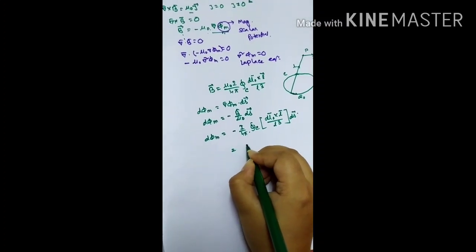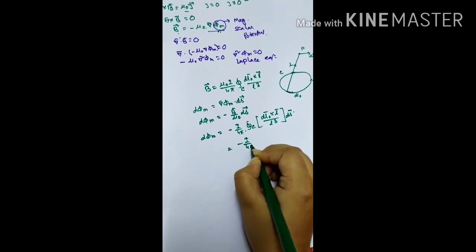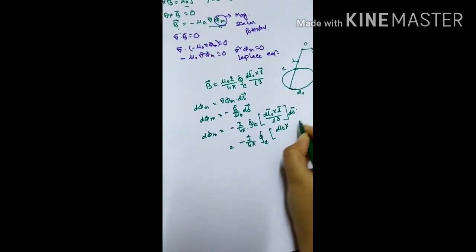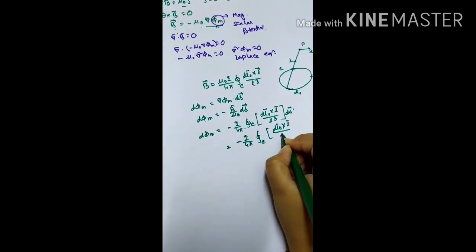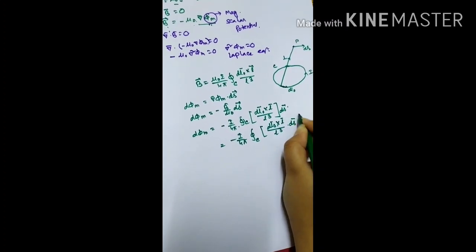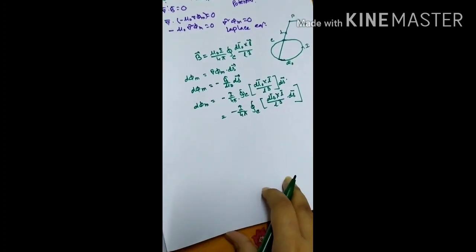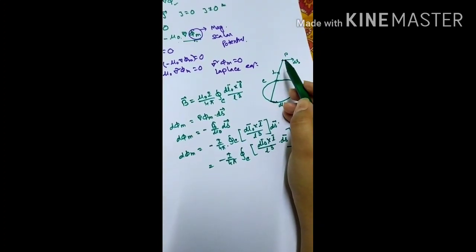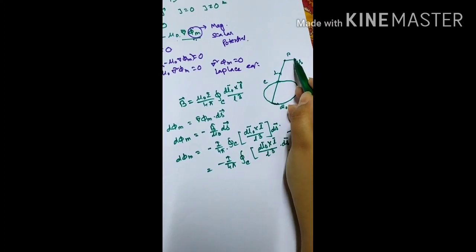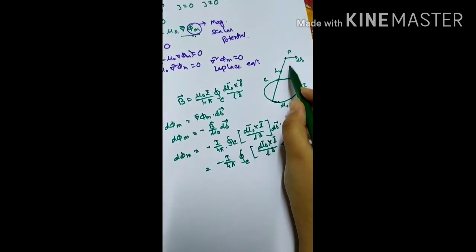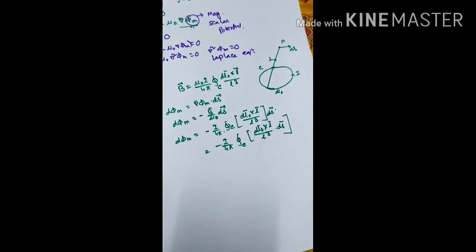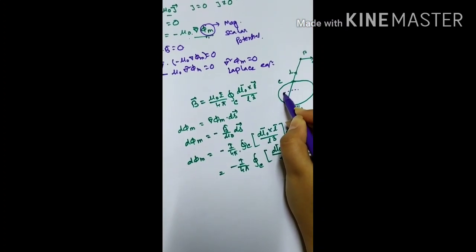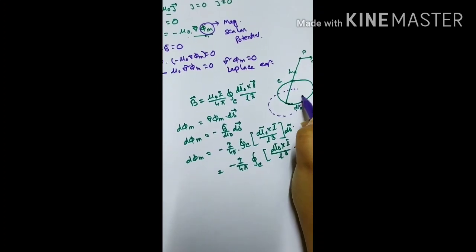So we can find that minus I by 4 pi closed integral dl0 cross L by L cube dot ds, this thing. Now suppose at first we consider that the P point is displaced. Now if we consider the P point is here but the loop is displaced, then what will happen? So here we consider that the loop is displaced.